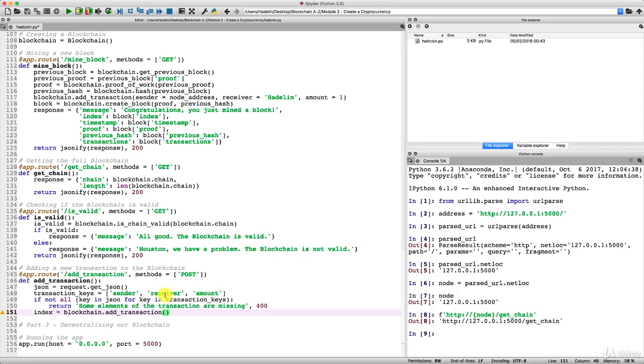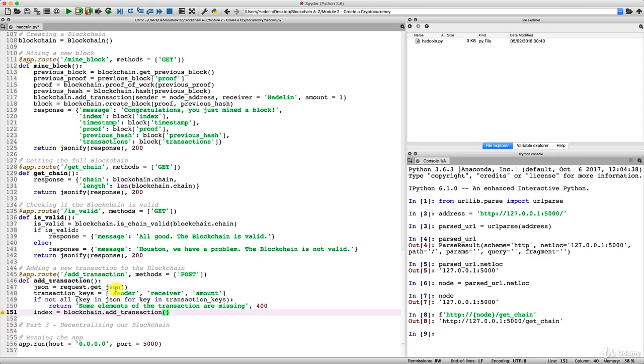Right? Be careful. This addTransaction method doesn't take the keys, it takes the values of these keys. And so now the question is, how do we get exactly these values? Well, of course, we'll need to take the posted transaction, which right now is in the JSON format because we use this getJSON function to get the transaction in the JSON format. And the JSON format is exactly like the Python dictionary format. It contains some keys and values.